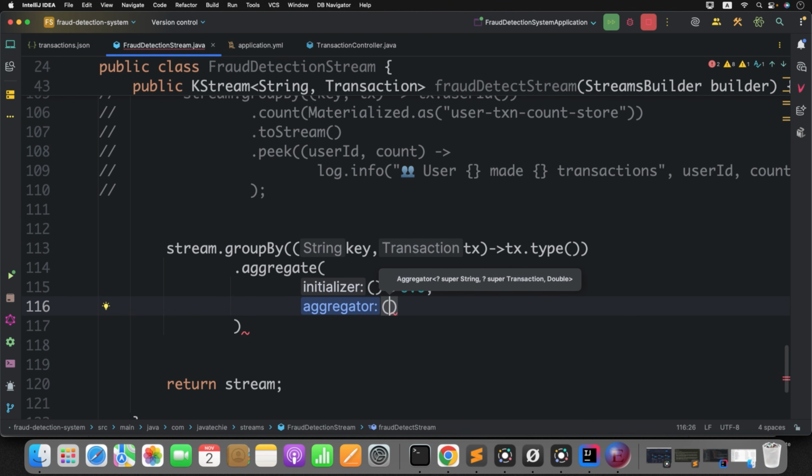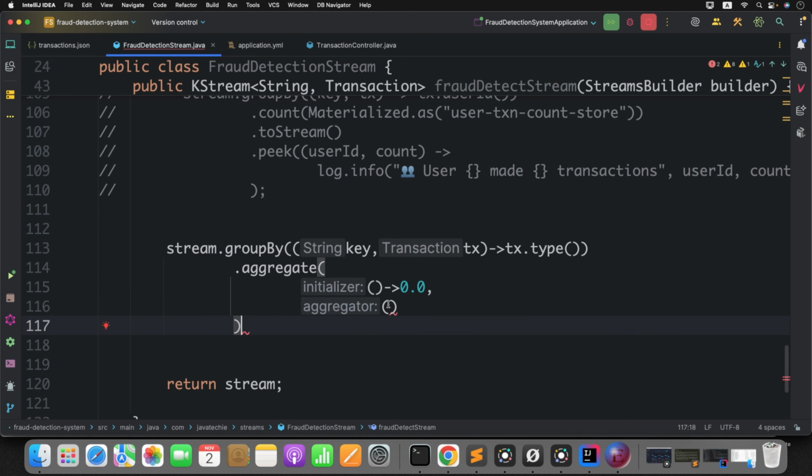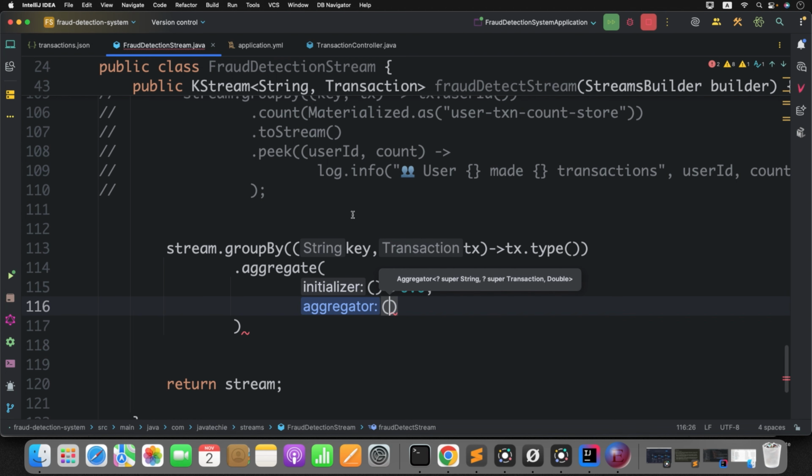Do you know the reduce method? It is similar to that. Okay, but the reduce method will always return the same object. Here you can customize the return type. Let's say your upstream is giving transaction. If you use reduce, you need to return the transaction object. But if you use aggregate, it will aggregate and give you the result, the value or the type